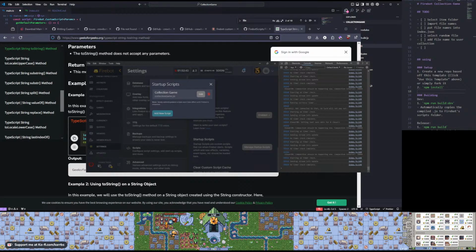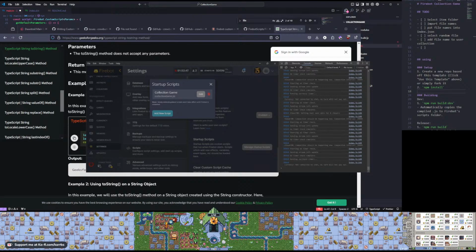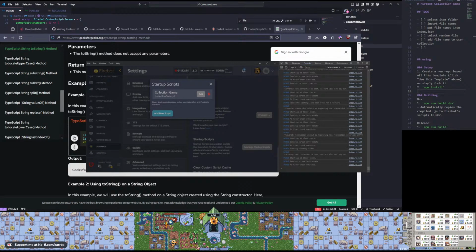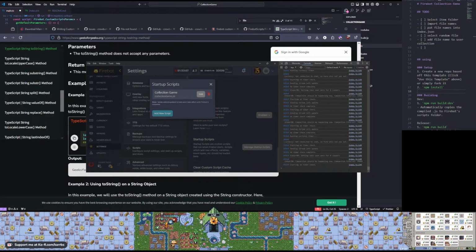So for the time being, let collection path files equal... collection files equal